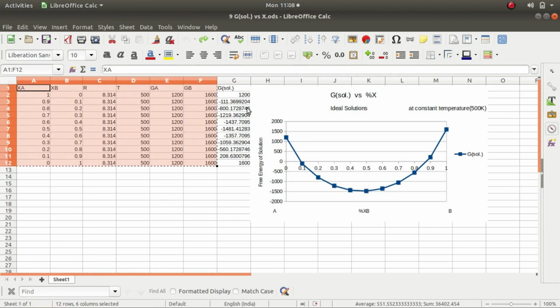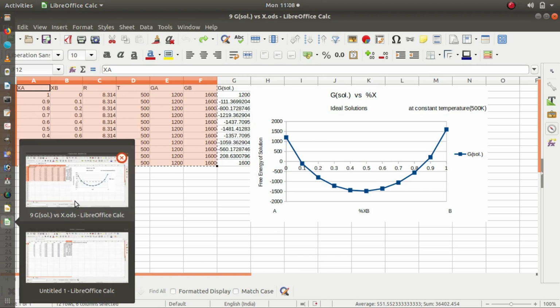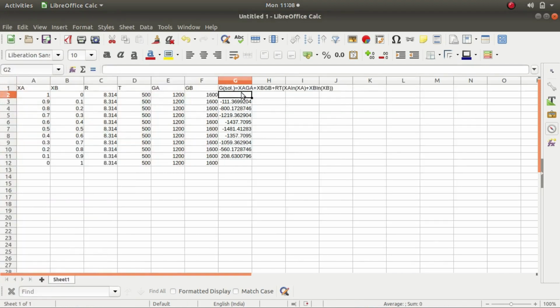Why am I not giving the first row and last row values? Because 0 in ln gives an error, so I process it this way. Otherwise you can just click that one column and scroll down, give enter, and you get the values manually.